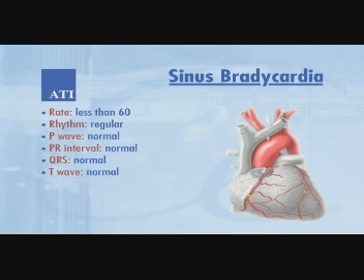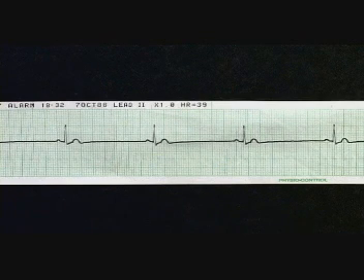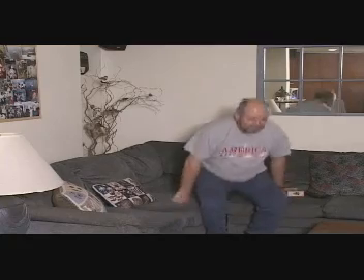Sinus bradycardia. Rate, less than 60. Rhythm, regular. P wave, normal. PR interval, normal. QRS, normal. T wave, normal. The only abnormality is a slow rate. The significance? Excessive slowing will reduce cardiac output, causing dizziness, orthostatic hypotension, dyspnea, and disorientation. The treatment? Treat the underlying cause. Atropine will increase the rate if indicated. The normal dose is 0.5 milligrams to